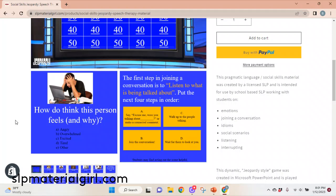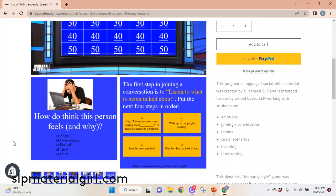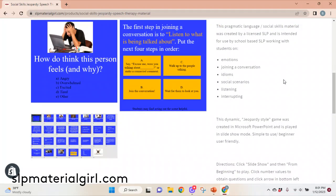And I mean, I've played this with students as old as 8th grade. So SLPs use this material at their own discretion. But it addresses emotions, joining a conversation, idioms, social scenarios, listening, and